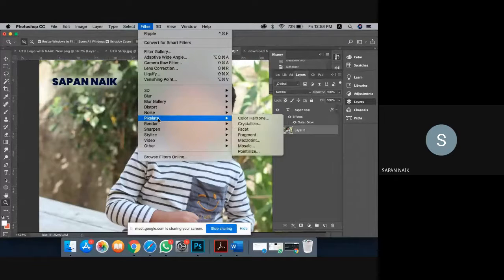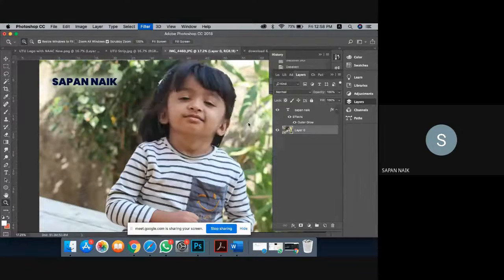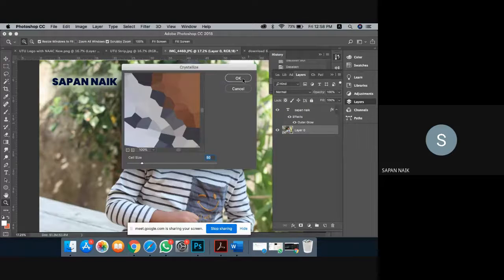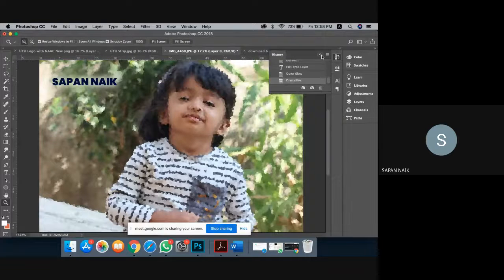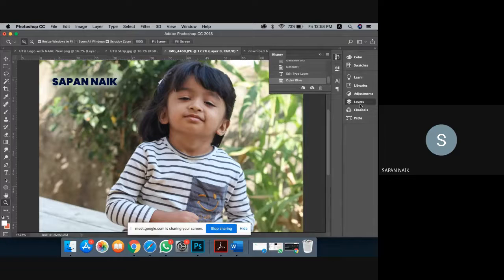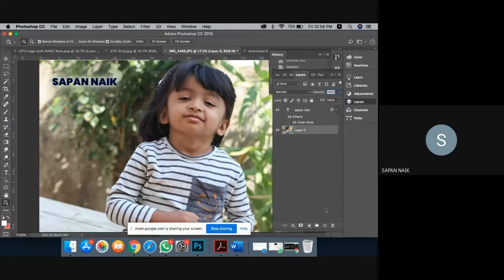Another thing that you can do is picture it. Many times, to create the background, you can utilize all these things. See, now what happens? This is what my image will look like. Suppose, Control Z. I want to make the background for this image, and I want to put this image in the background. So what I can do is duplicate this image.